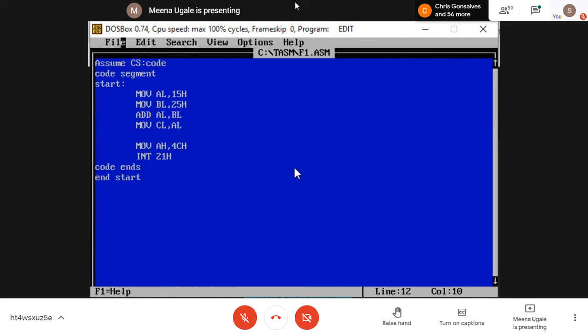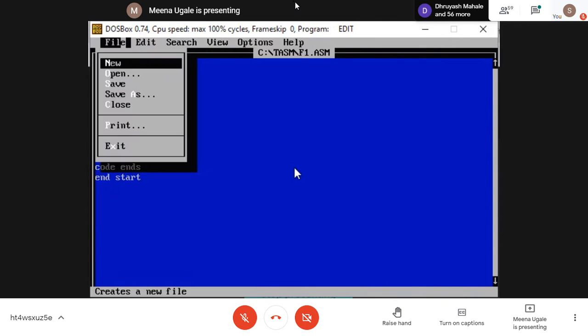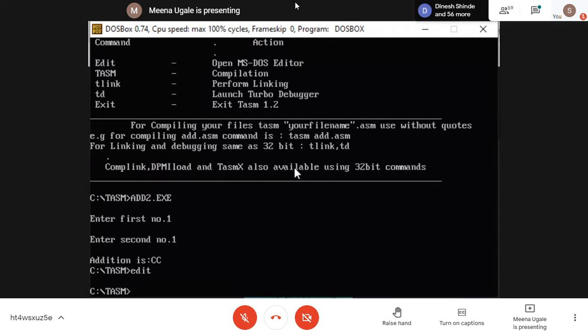Now we have to go for the next very important commands to first assemble the file and then go for debugging of the file. Click on the file menu and click on exit. It will come back to your original screen. Here you are supposed to type the commands to first assemble the file.